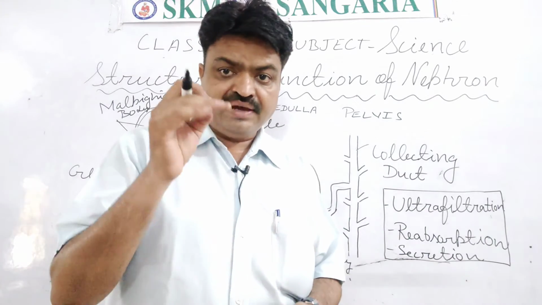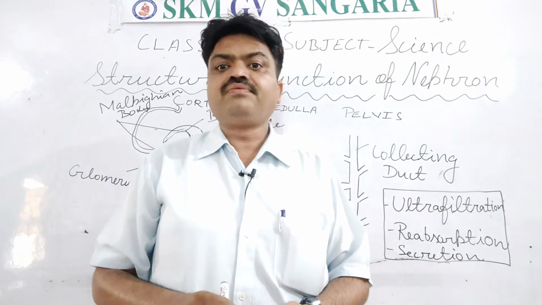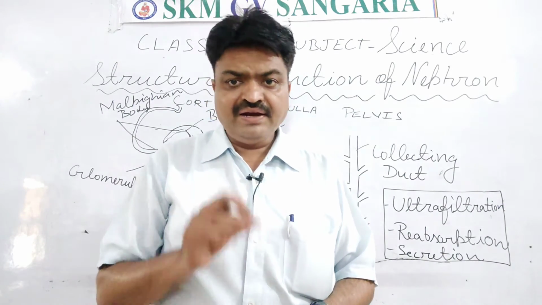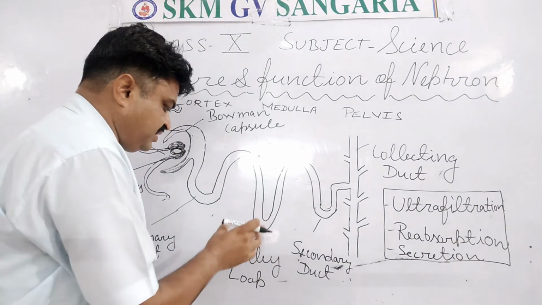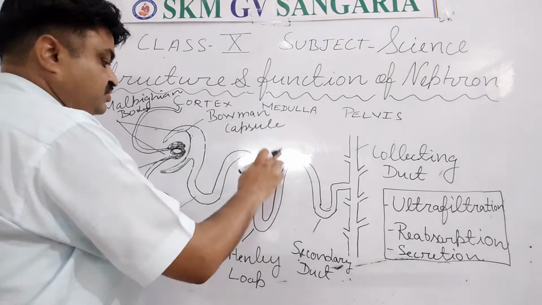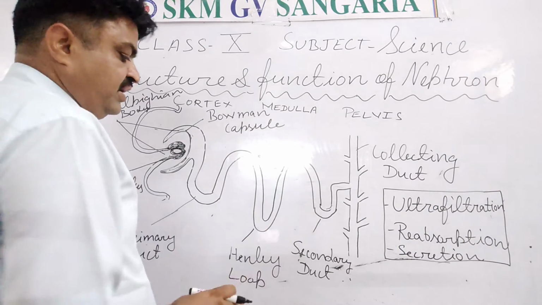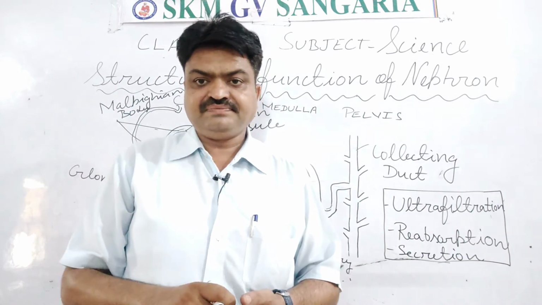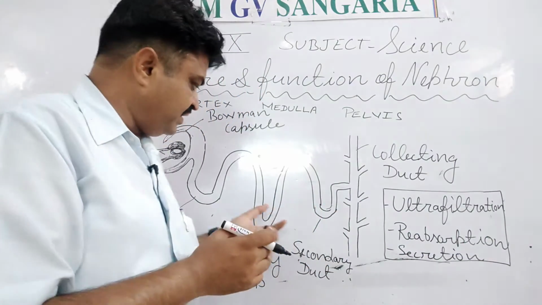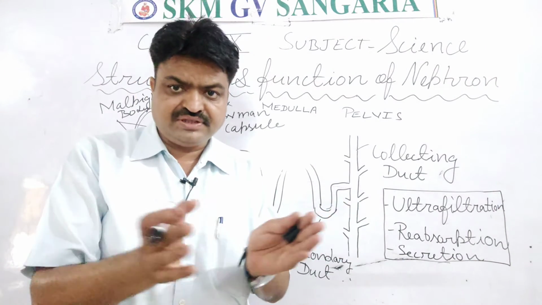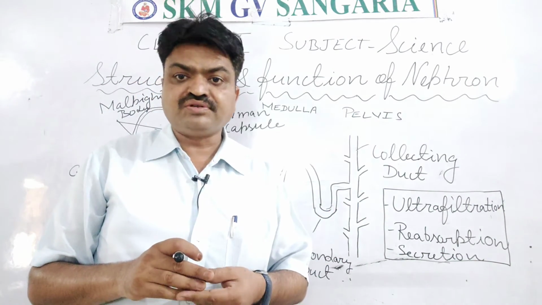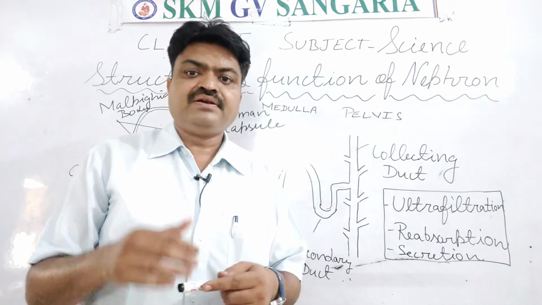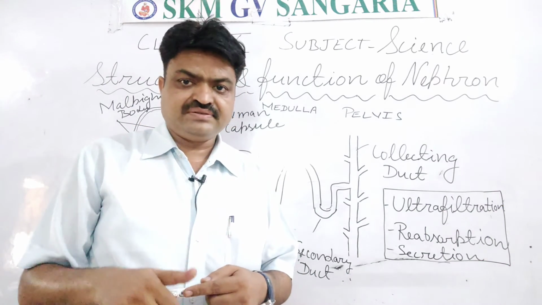Reabsorption is an important function of the human urinary system, student, and it is done with the help of the nephron. And which part of the nephron performs this function? It is this duct, student, that is the primary duct, Henle loop, and secondary duct, because these are attached with the blood capillaries, and in between the blood capillaries and these ducts one process takes place that is known as osmosis,